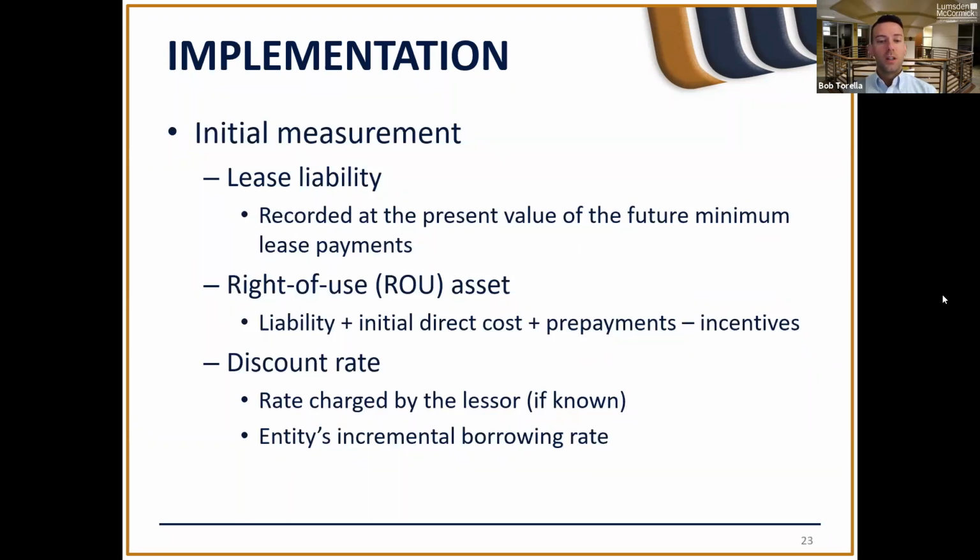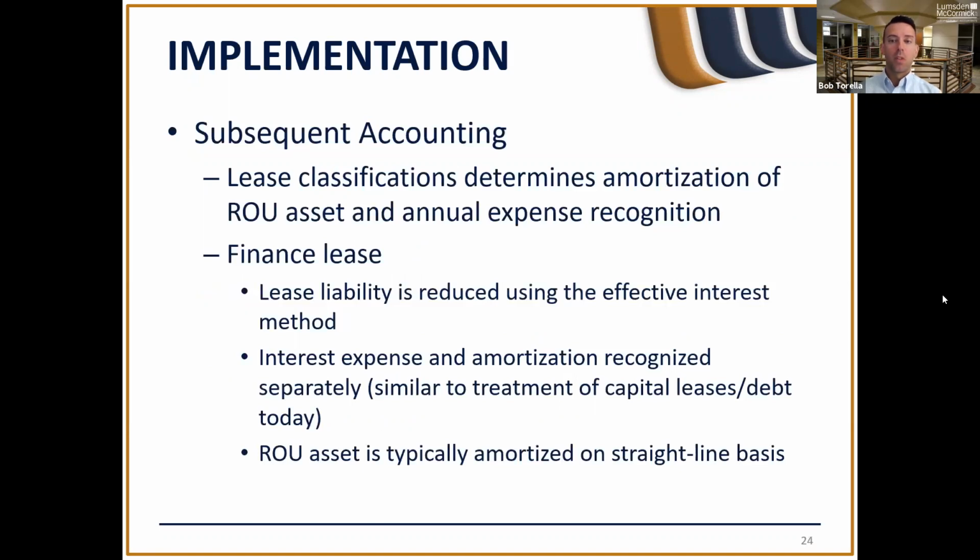So now the recognition of these lease payments are dependent on whether it's going to be a financing lease or an operating lease. Can you switch the slide, Max, please? So let's say it's a financing lease. So the lease liability is now reduced using the effective interest method, which means more of the lease payment is going to be applied towards the interest expense earlier on in the lease compared to later in the lease. So it kind of front loads your payments in your interest expense in the earlier years of the lease, less than in the later terms, and opposite when you're looking at the principal payment on your lease liability.